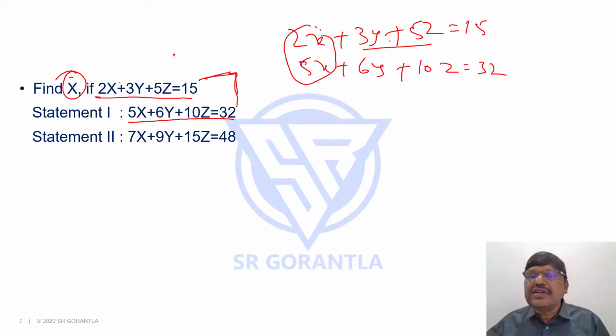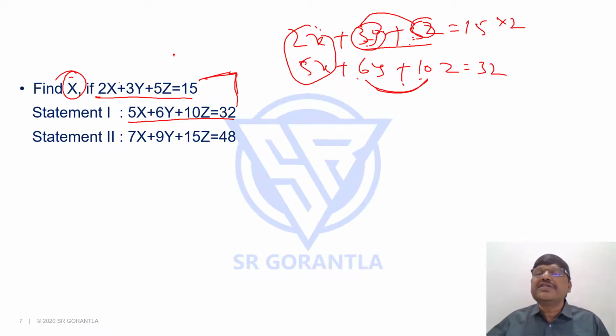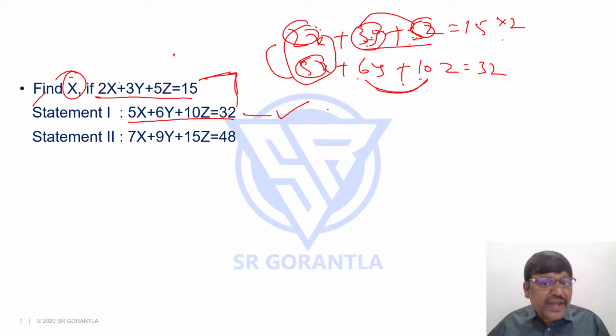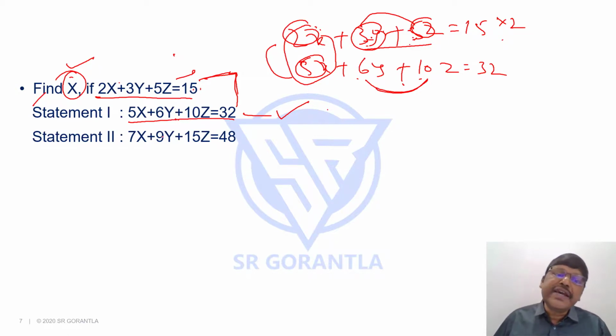See the rest of the equation, 3 is to 5. What is the ratio of the coefficients? 3 is to 5. What about 6 is to 10? This is also 3 is to 5. If the ratio is the same, I think you can cancel both y and z. If you double this, what happens, students? It will become 6y, 10z. 6y 10z gets cancelled. 2 2's 4x here, 5x here, 5x minus 4x, 1x. Can I find the x value or not? Yes. That's why with the help of the first statement alone I can solve the problem, because I am interested only in one variable, not all 3 variables. By doubling this equation and subtracting from this, I get it.